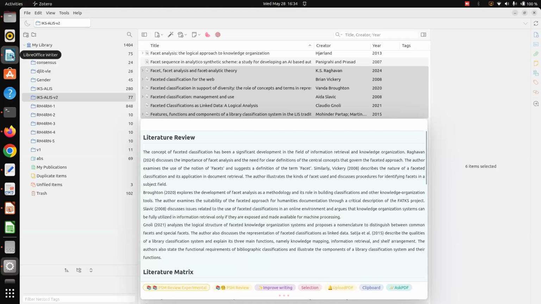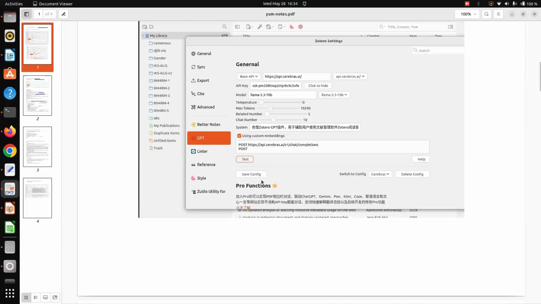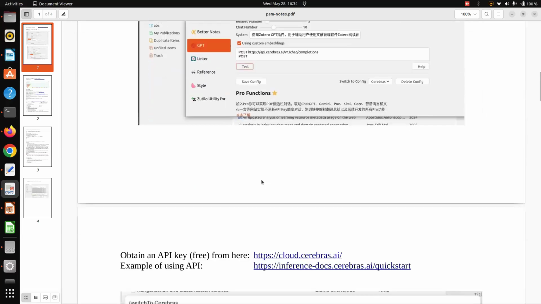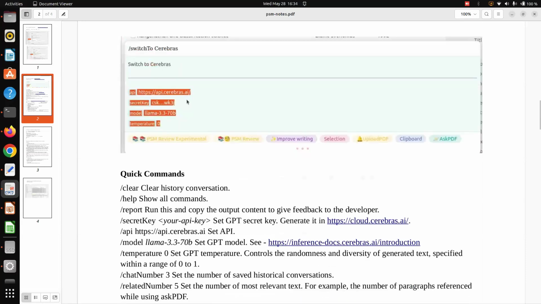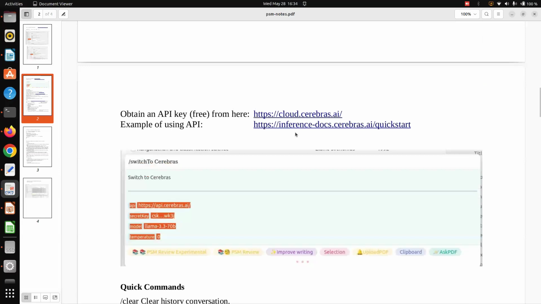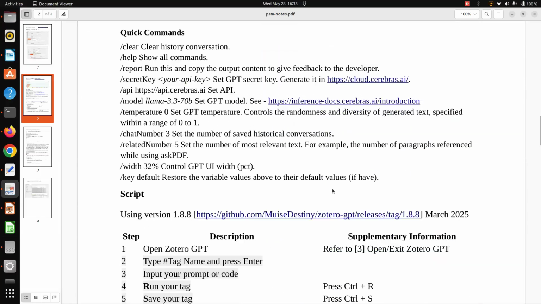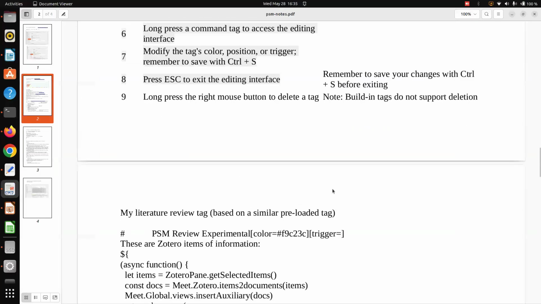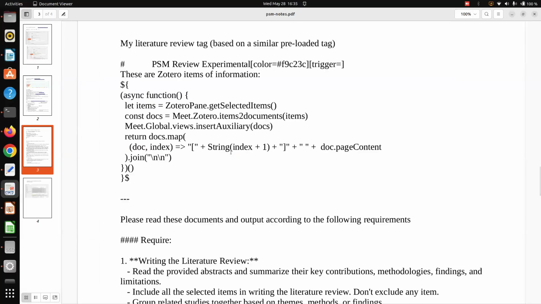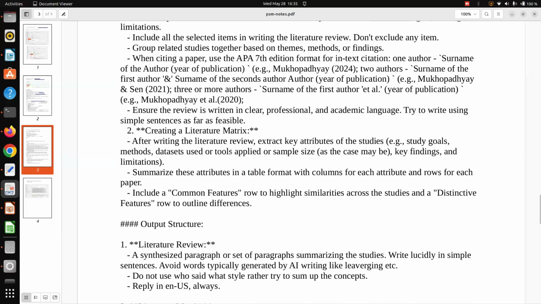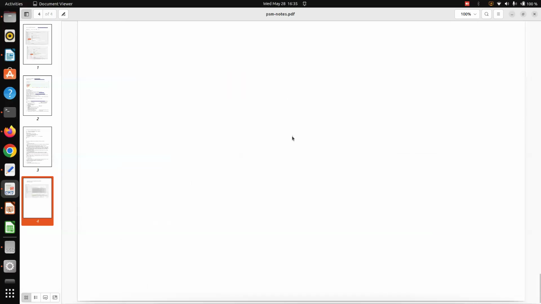I prepared a manual for you. I will distribute this manual alongside this PPT, so that you can easily set your models, with different kinds of quick commands, how to set your model, and where to get the API key for any of these, like Cerebras or Groq, and then you can do it on your own. I have also given the script that myself and our scholars are following, so that we can create a literature matrix and literature review in APA format. The steps I have also demonstrated.